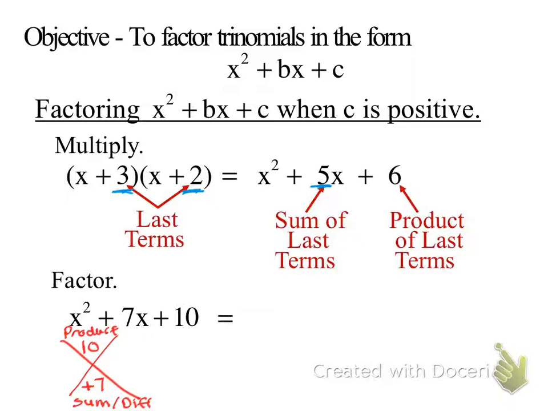Positive 7. Okay, so what two numbers multiply to 10 but add to positive 7? Right there, Matthew. 5 and 2. It doesn't matter, I could do 5 and 2, or 2 and 5. Positive 5, positive 2. So what happens when I factor? We know that x squared,